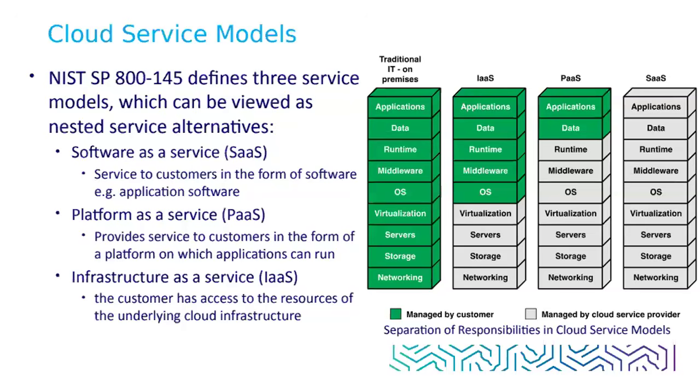the customer. So NIST SP 800-145 defines these three service models, which can be viewed as a nested service alternative. It starts with software as a service, platform as a service, and infrastructure as a service. So the customer will gain more control, more flexibility, and more management responsibility. So if you see software as a service,